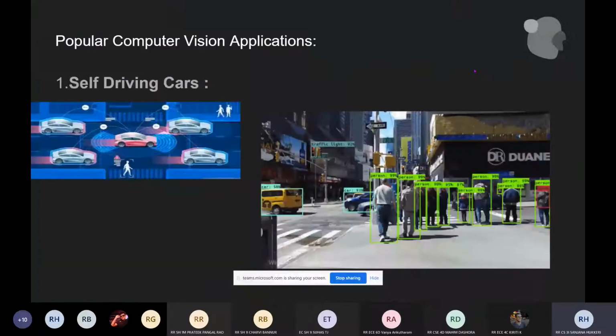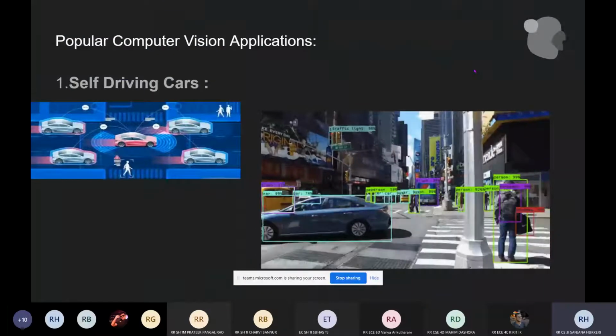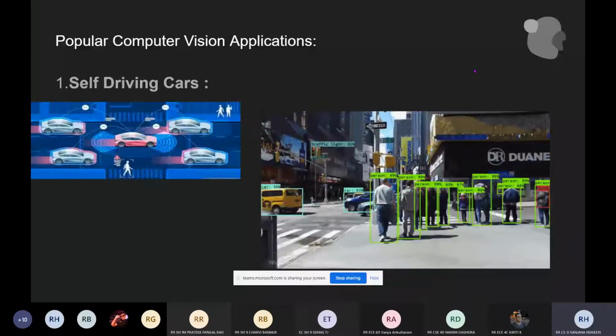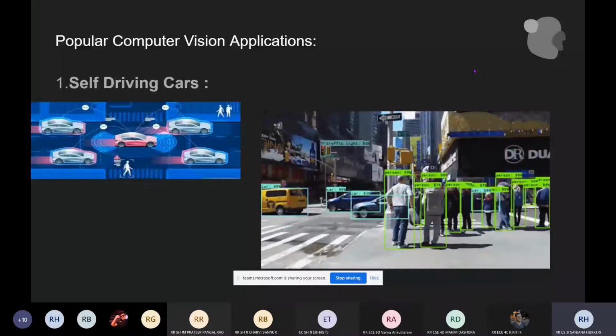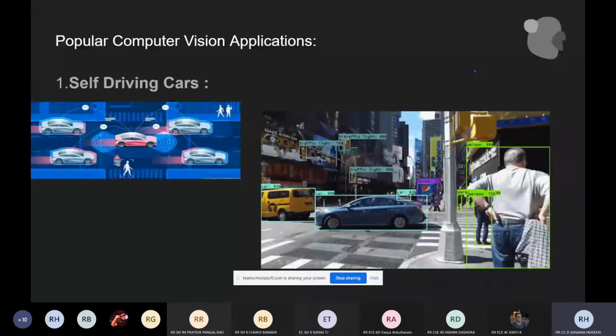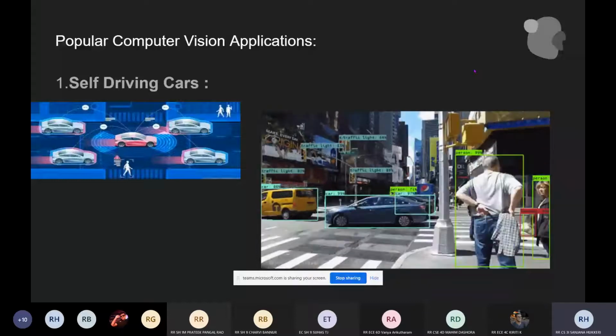Let's go. So, the first one is self-driving cars, and I'm sure all of you have heard of self-driving cars. Well, what's the main principle behind it? Object detection. Object detection is a two-part process: image classification and image localization.